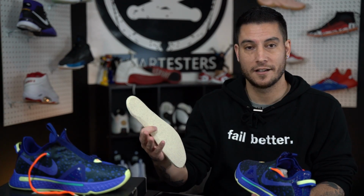So this is a lot of what you're feeling right from the get-go. But if you take this out and you stick your foot in the shoe without it, you can still feel the air and everything like that. But this is definitely one of those, like, it can mess with you a little bit. It adds step-in comfort, which is great when you're trying to sell a shoe from a try-on standpoint in the